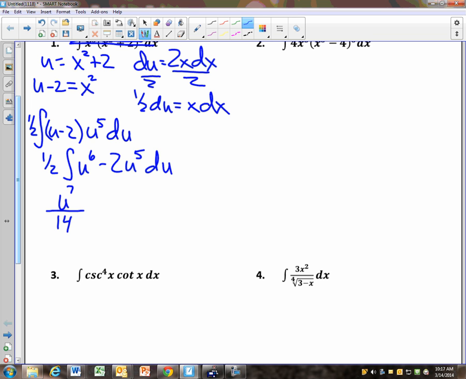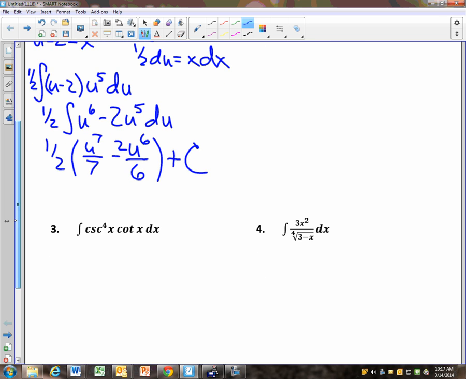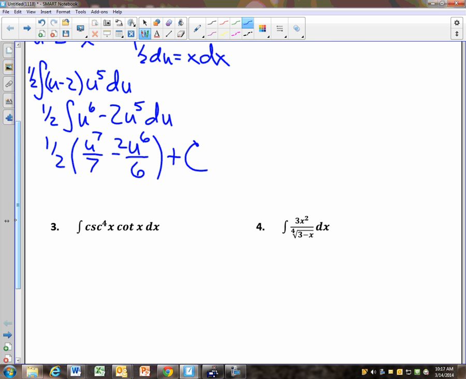Okay, I'll write it all up. 1/2 times u to the 7th over 7 minus 2u to the 6th over 6. So this will be u to the 7th over 14 now, right? And u is x squared plus 2. So (x squared plus 2) to the 7th over 14